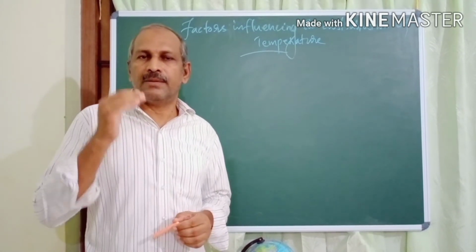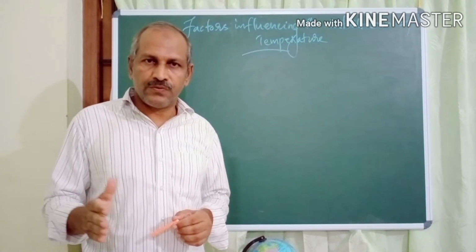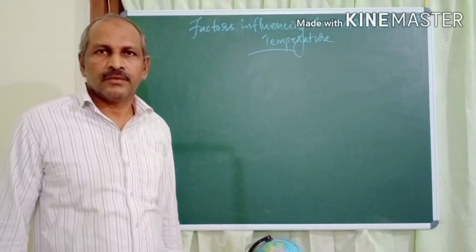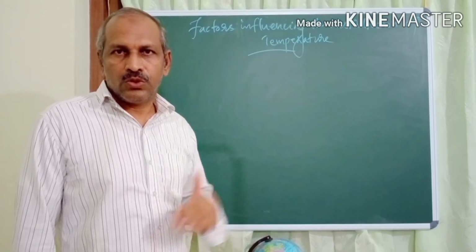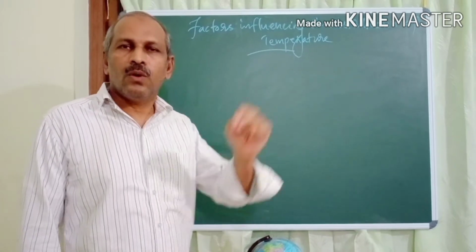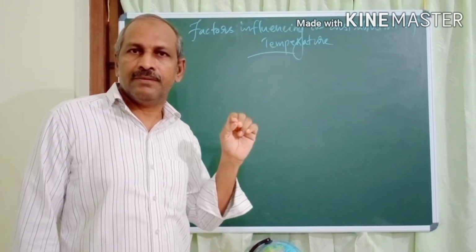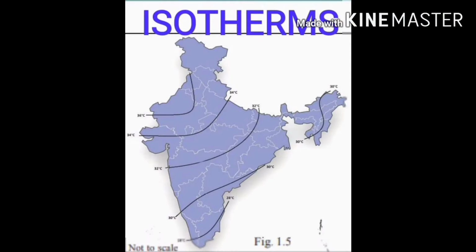We know that atmospheric temperature is not the same everywhere. It varies from place to place and time to time. Sometimes certain places record the same atmospheric temperature. So we can draw a line by connecting all these places. What is that line called? Look at the map of India, where you could see smooth, curved, freehand lines connecting places having equal atmospheric temperature. They are called isotherms. Isotherms are the imaginary lines connecting places having equal atmospheric temperature reduced to mean sea level.